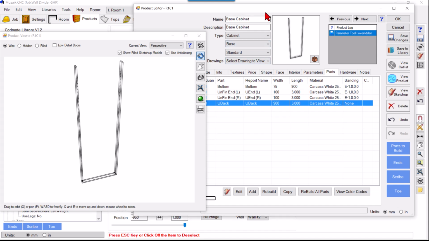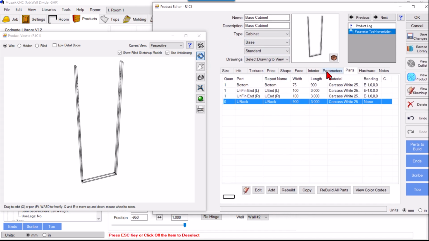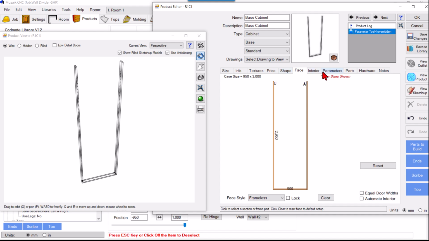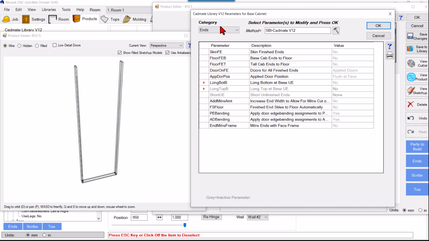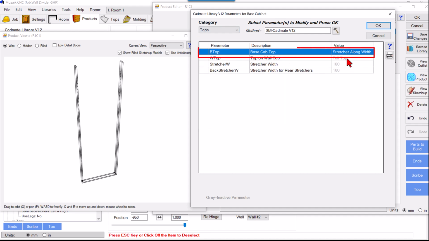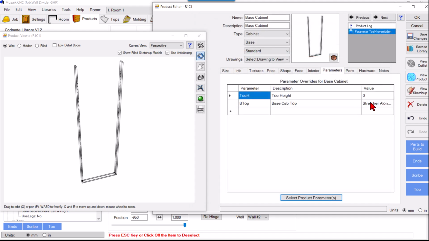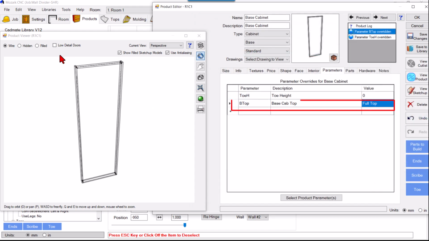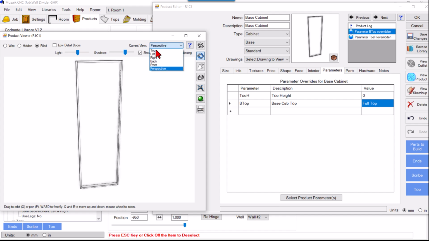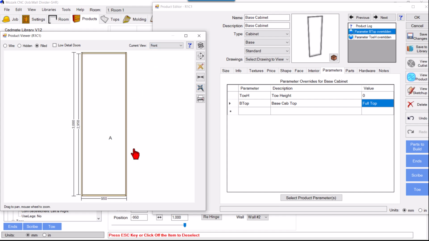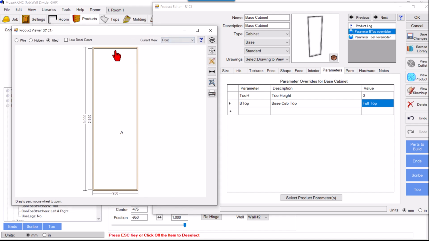Okay, top. So we want full top here, so tops shall be full top, so we will get our top back. Okay, like this. So we have a frame, right? So in this case, front, what we need, we want this top to be fully stretched and bottom to be fully stretched up to the